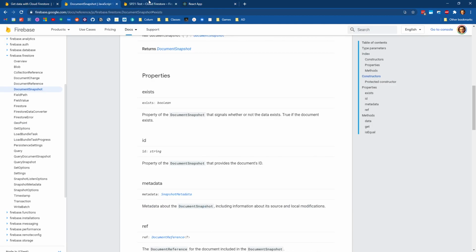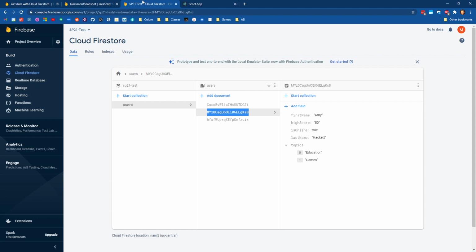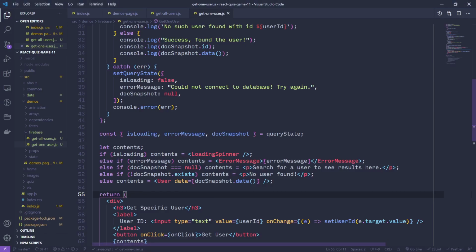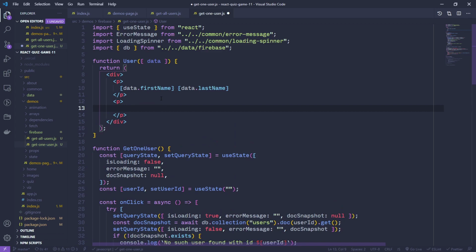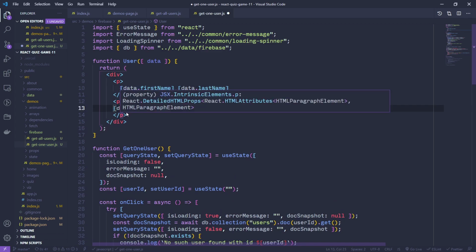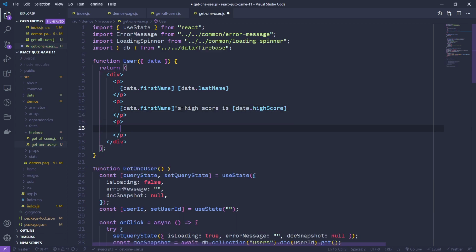So we should be able to grab an ID. Let's grab Amy's here, paste it in, get user, and we can see Amy Hackett printing out. And if we wanted to get any more information, like Amy's high score, whether or not Amy's online, these topics, we could. So in this user component, we could say Amy's high score is data.highScore, and we could say